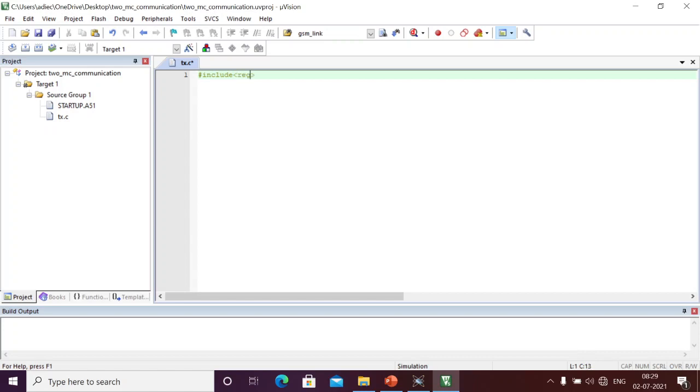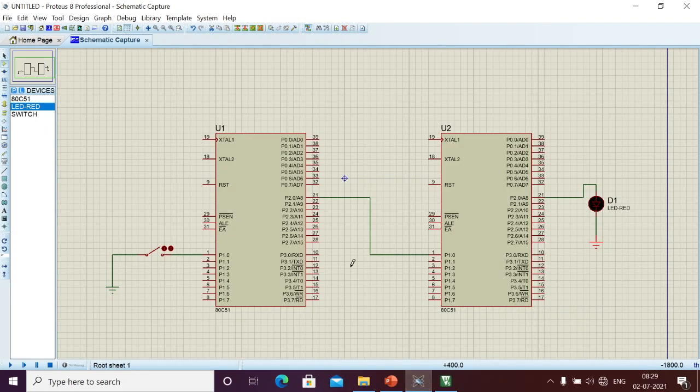If you want to use any 8051 microcontroller registers, we should always include this header file. sbit: here I am connecting the switch to P1^0 in the hardware, and similarly sbit out_pin equal to P2^0. These are the two pins I am using in microcontroller one.